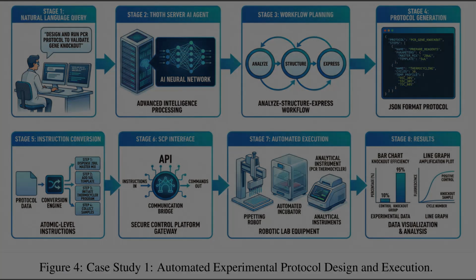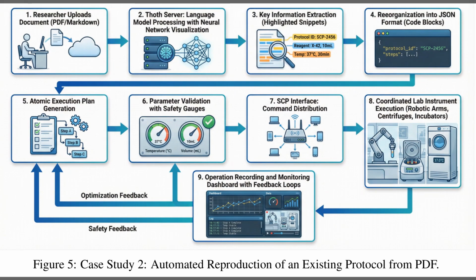final results. So, while the previous example started with a fresh request, Figure 5 illustrates Case Study 2, automatically reproducing an experiment from a PDF file. The workflow starts in the top row, where the system ingests a document, extracts key parameters like reagent volumes, and reorganizes them into a precise JSON format. Then, the middle row shows how this code converts into an atomic plan, passes safety validation, and triggers the physical lab instruments. Finally, looking at the bottom, a monitoring dashboard tracks the entire process, providing feedback loops for safety and